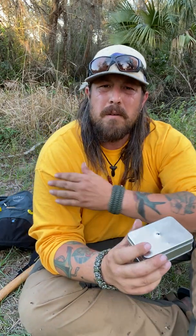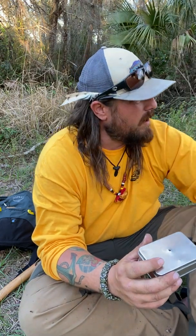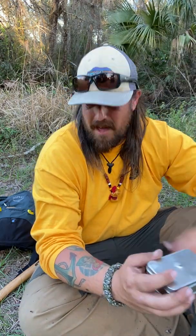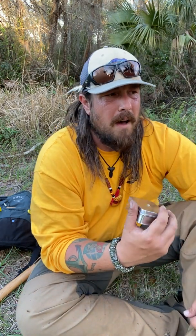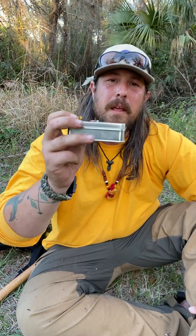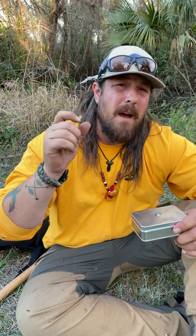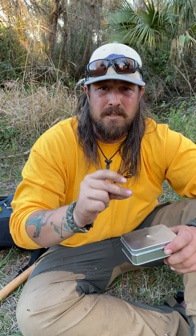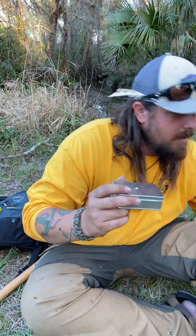Even if I wanted to use pieces of my own shirt, let's say if I'm in a real survival situation and I'm in the desert or something like that, I could take a part of my sleeve, choose to cut that off if I had another long sleeve shirt to protect me from the sun, of course. But I could use that and then char it in this tin can. And then I could just simply take the magnifying glass off my compass and start a fire in about 5 seconds. You know, so this is great for those who use a ferro rod too,